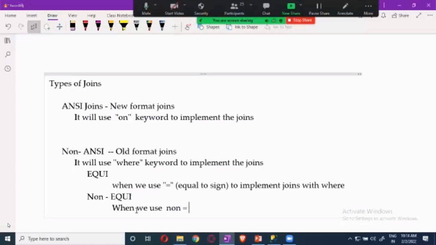For example, we use the greater than sign, the less than sign, greater than or equal to, and less than or equal to. Don't consider these the same as equal to. Not equal to is again a non-equi join. All of this comes under the category of non-equi joins, guys.